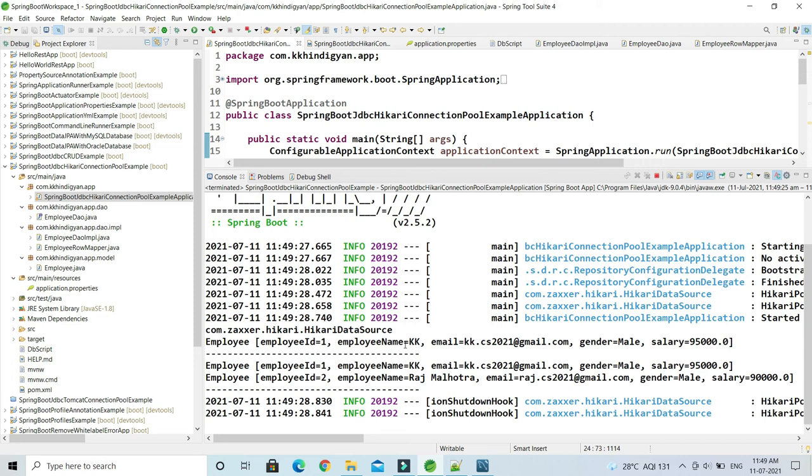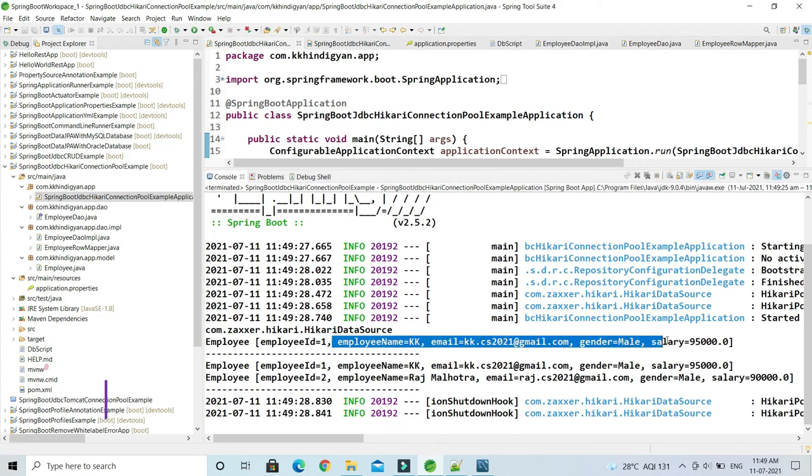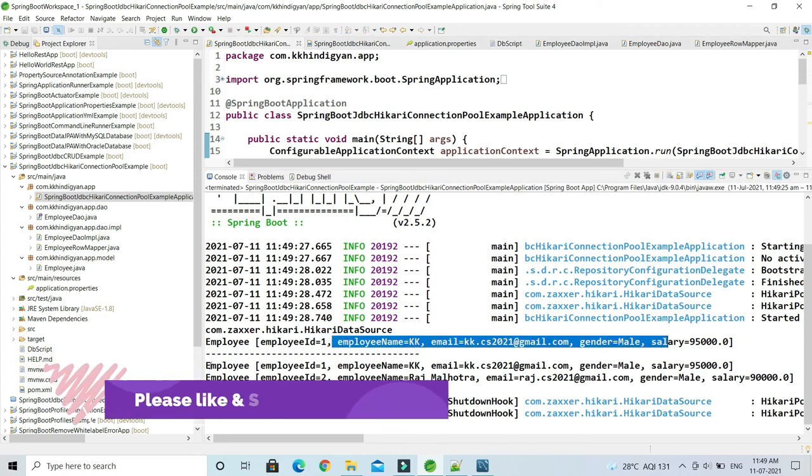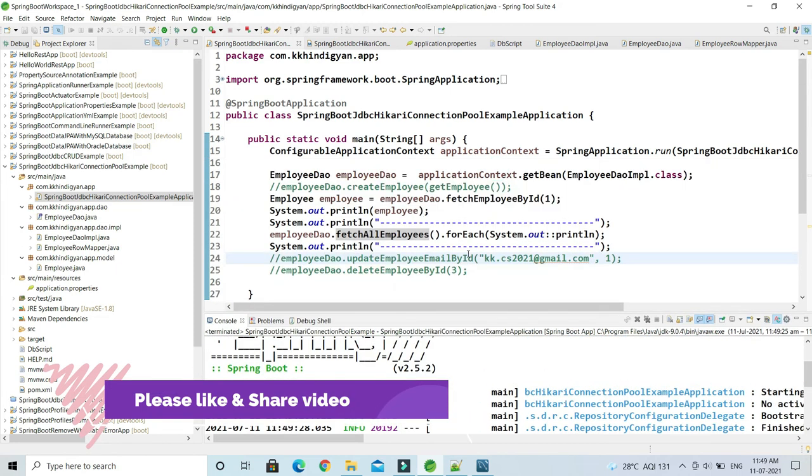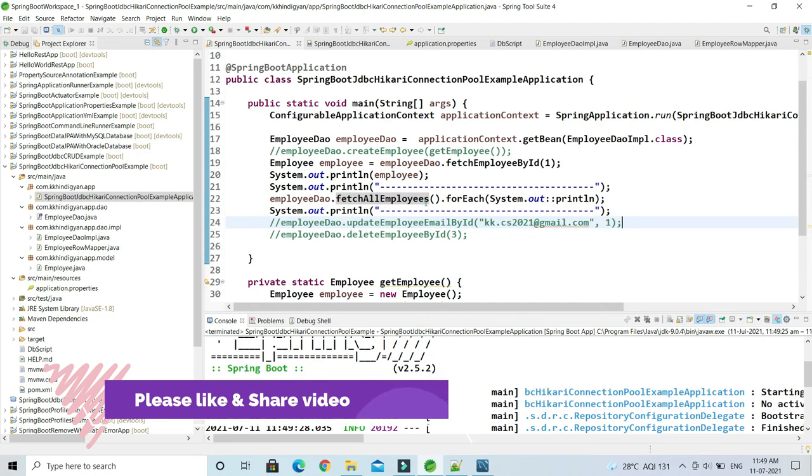So look here. This is the output of get employee by ID, and this is the output of fetch all employees, right?